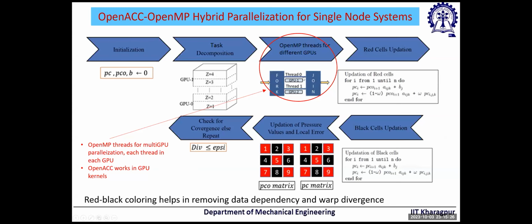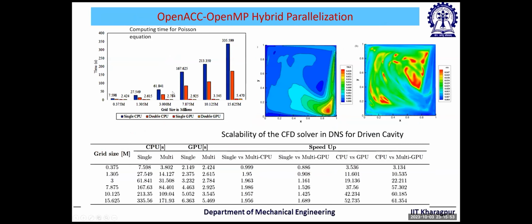So after that, we thought of parallelizing it into multi-GPU systems. So we have GPU nodes with 2 GPUs per node. We thought the easiest way would be using OpenMP running 2 threads, one for each of the two GPUs, and then each thread will take part of the domain or part of the matrix and solve that on the GPU. And we use red-black coloring to remove data dependency and warp divergence,